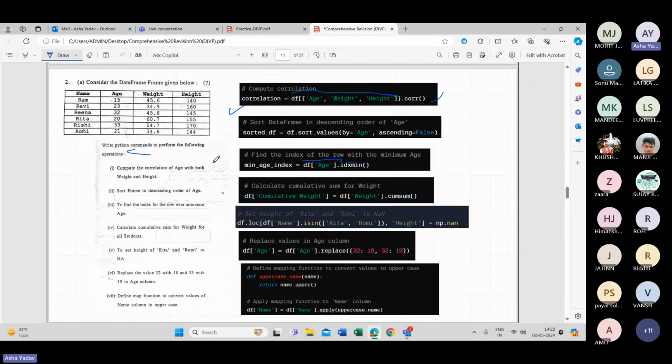Next is calculate the cumulative sum for weight of all the students. सारे स्टूडेंट्स का जो वेट कॉलम है उसका क्यूमुलेटिव सम निकालना है। So you can find that using the function cumsum. cumsum is the function short form of cumulative sum. So again, हमें क्या चाहिए था, वेट कॉलम चाहिए बस, क्योंकि यहाँ साफ साफ लिखा है क्वेश्चन में टू कैलकुलेट द क्यूमुलेटिव सम फॉर वेट ऑफ ऑल स्टूडेंट। तो हमने क्या किया, हमने अपने डेटा फ्रेम का वेट निकाला और उसका क्यूमुलेटिव सम फंक्शन कॉल कर दिया।